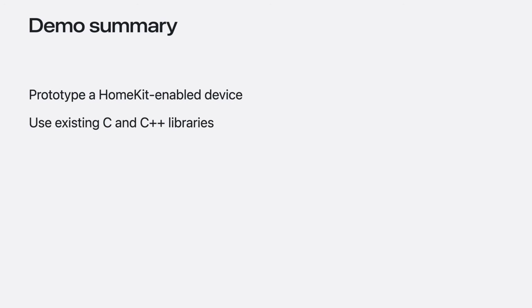Awesome! I think our prototype of a smart light works great. We have successfully built a HomeKit-enabled smart light using embedded Swift. And if you'd like, this demo project and setup instructions are available on GitHub. We've seen how we can get a basic prototype of a HomeKit-enabled device up and running very quickly by leveraging Swift's interop capabilities. There is no need to re-implement the entire Matter protocol in Swift. We can just use the existing implementation from Swift.